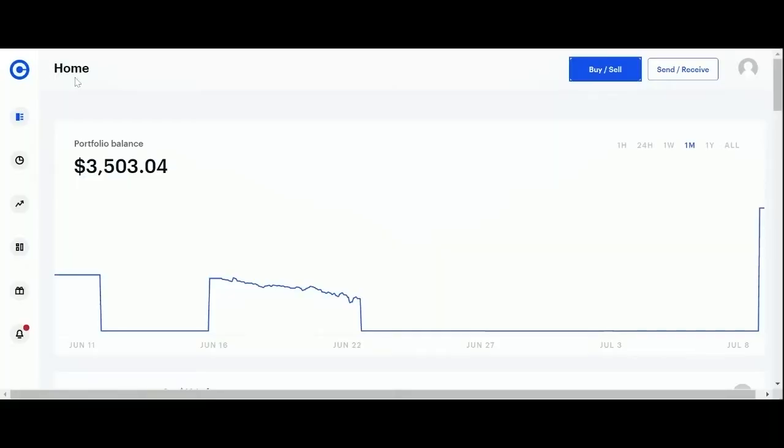You'll be on the landing page. You'll be able to see your portfolio balance. On here also, you'll see buy, sell, send, receive. The most important thing for today, though, is understanding how to turn those fiat currencies into a cryptocurrency. And so you do that by hitting the buy, sell button